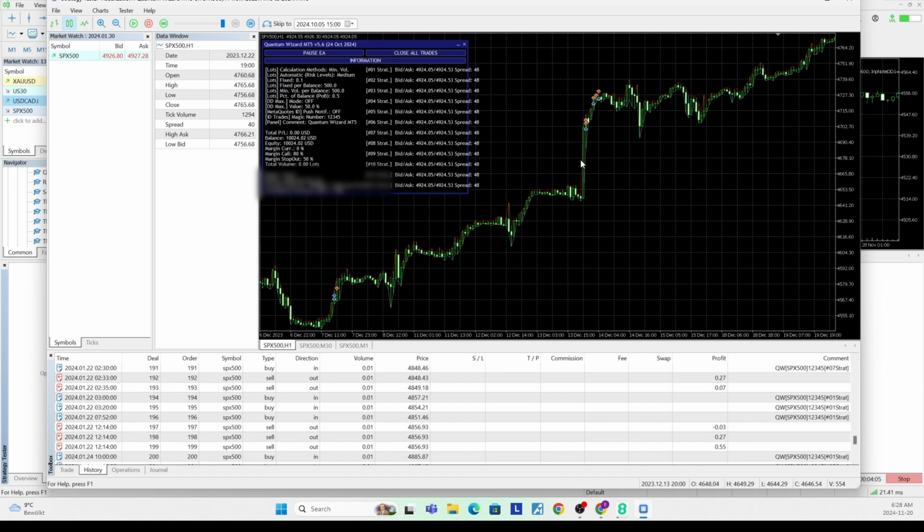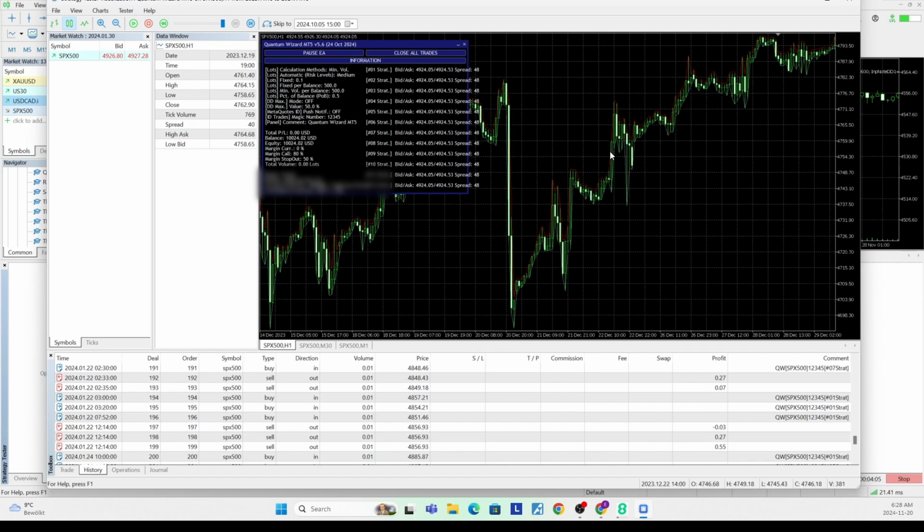But if you just open 10 times 0.01 lots, that's the same thing as opening 1 times 0.1 lots. So there is still a degree of lot scaling here. It's just being done in a method which might be a little bit safer. So maybe to wrap up this video, this is definitely a grid system. It's, I would say, a modified martingale. And this is from a developer who has a lot of experience in developing these types of systems. So I wouldn't be surprised if this thing does what it says it does.